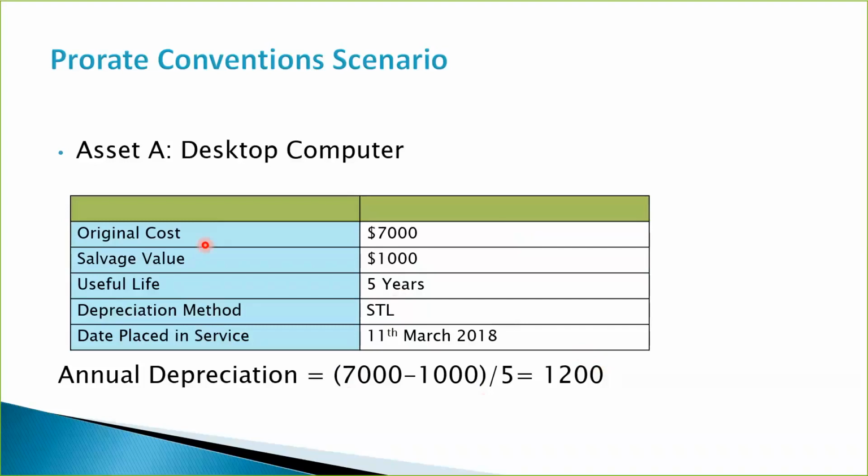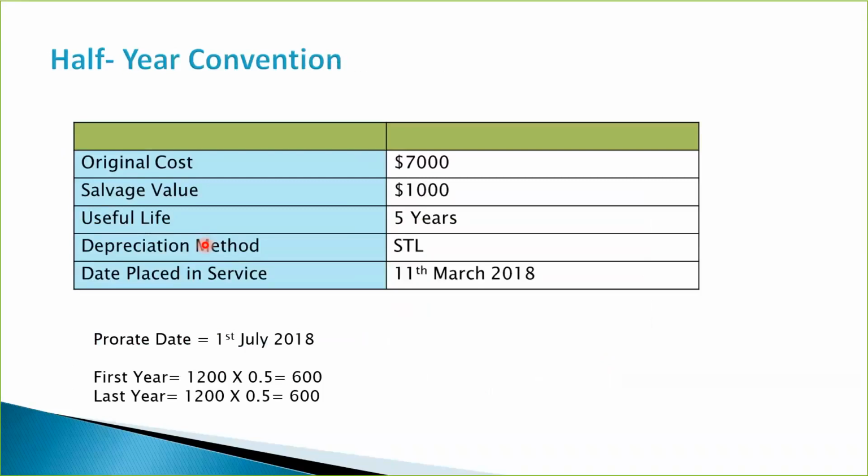But that's annual depreciation. Okay. Now, this asset was placed in service on 11th March 2018. So supposing based on this type of asset, the convention that is supposed to be used is half-year convention. All right. We already have the annual depreciation expense,